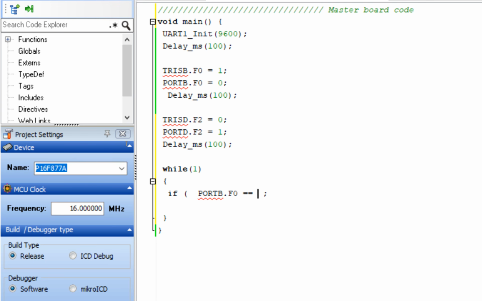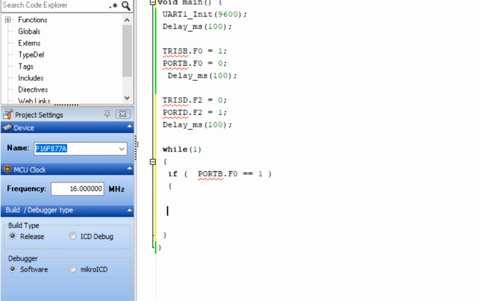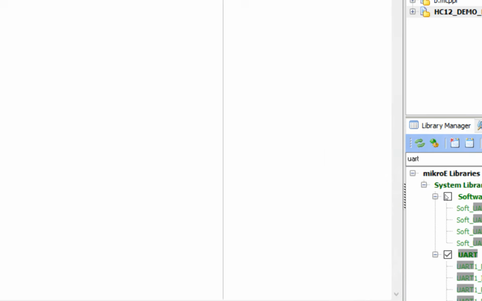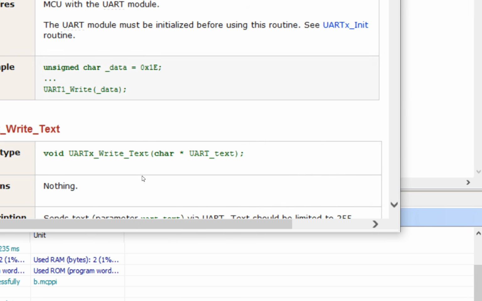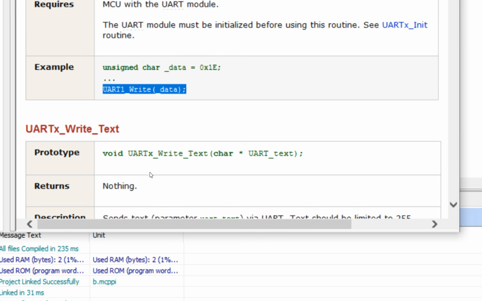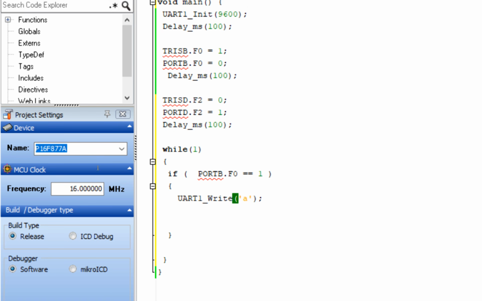copy this here, double equals to 1. It means that whenever the button is pressed, by default the button is at 0. So whenever the button is pressed, we get the 1, and whenever it's 1, what will it do? It will go to the UART library. Here you have this UART write. Click on this and write something. Whatever you write, you have to read it in the slave board. So write a letter called A,